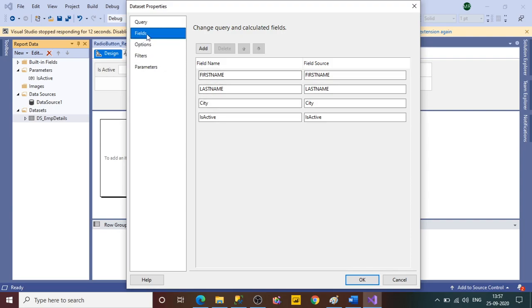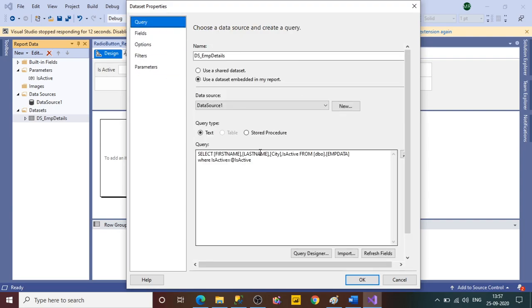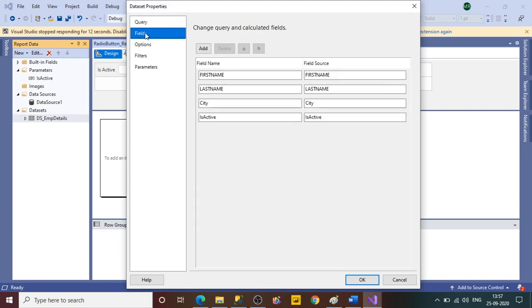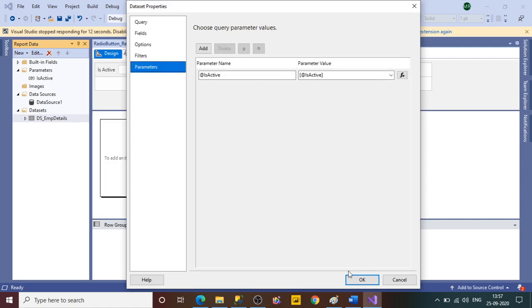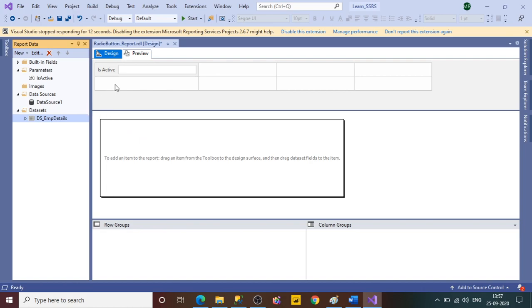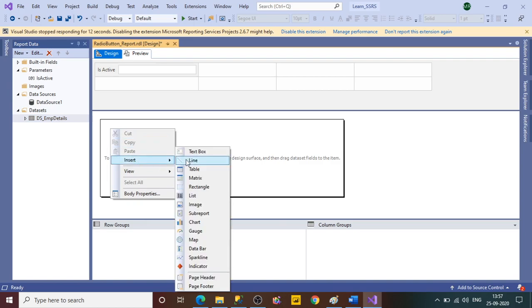Okay, these are the fields. See, first name, last name, city, is active. These are the four fields we wanted to be visible in the SSRS report. So the fields are fine. The option filters parameter is also fine, is active is displaying here. Now, what is the next step? First is configuring the data source, second is configuring the dataset, third is you need to